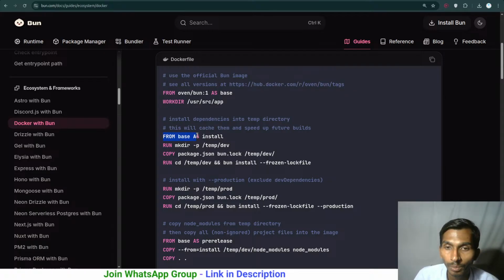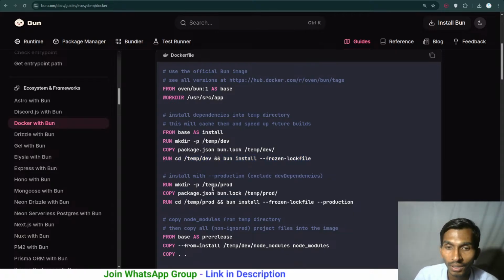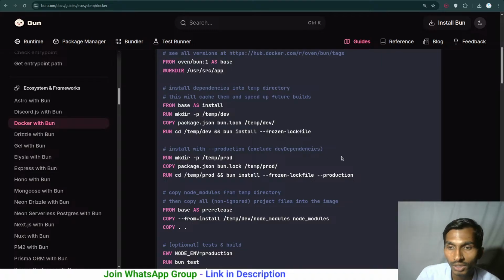After that, FROM base AS install, RUN mkdir. So inside app, temp dev is created, package.json and bun.lock are copied inside, and after that cd into temp dev and bun install --frozen-lockfile, done. Install with production, exclude dev dependencies. So mkdir temp prod. First of all, you will have to create this, then copy everything, then cd into this and bun install --frozen-lockfile --production,